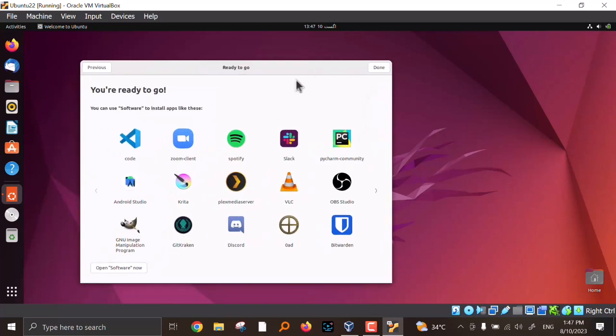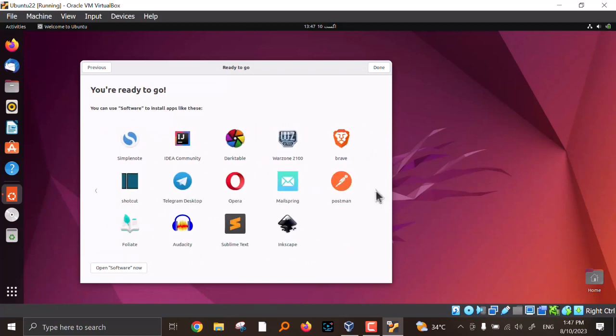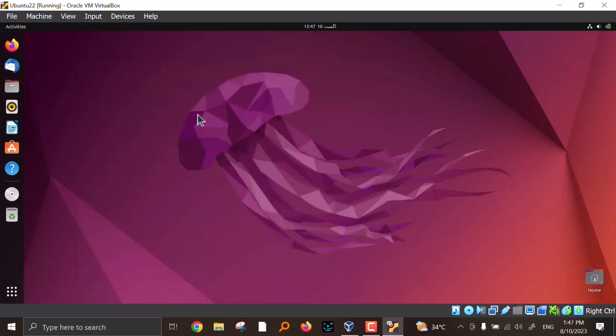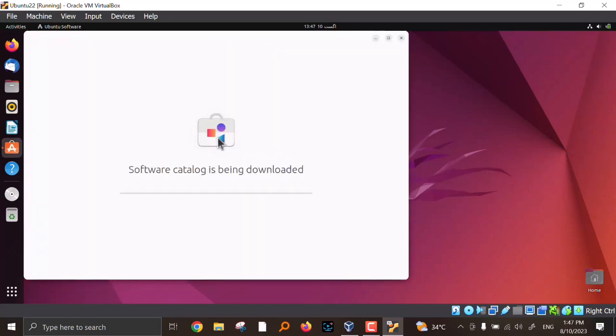Ready to go, guys. These are the software, there is a lot of repository of software which we can get with Ubuntu just with clicks. So that's it, guys. This is the end of today's video. We have successfully completed our installation. From the next time, we will explore this Linux. And finally, guys, we have successfully installed Ubuntu on VirtualBox, and now we have a virtual environment to experiment,